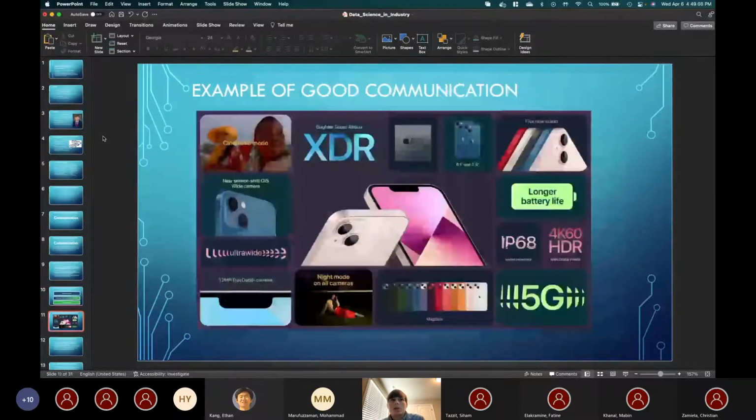So one thing I wanted to quickly show, here's an example of what I would say is good communication. If you think about Apple at their keynotes, they're giving you the very high level version. So things like, we have cinematic mode, we have this new center shift wide camera, we have longer battery life. They're not telling you how they did all of that. They're telling you what's the important stuff that you as a consumer care about.